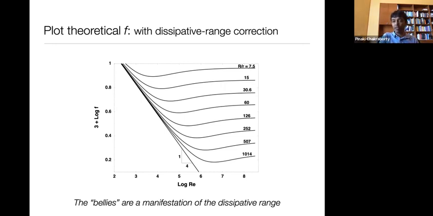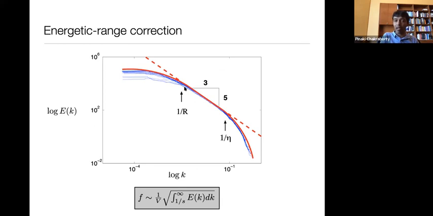Let's now go and try to attack the full problem. By that, I mean, we take the inertial range, we take the dissipative range correction, and also we take the energetic range correction, which is coming from the geometric effect of confinement of the pipe. And if we take this whole region of the spectrum, and then we compute our theoretical values of the friction